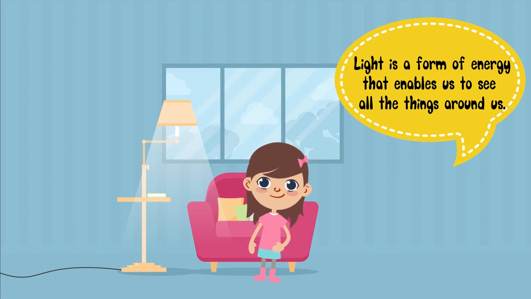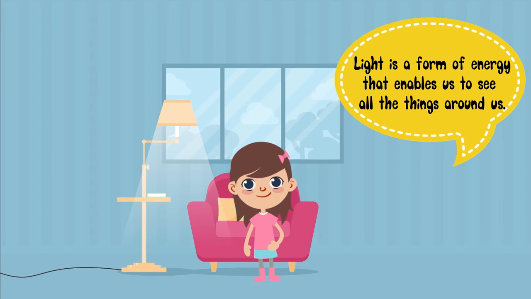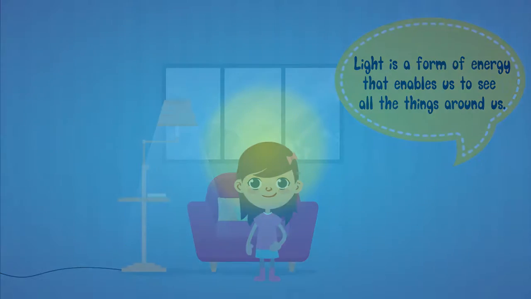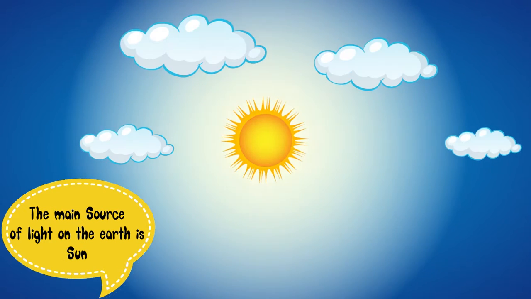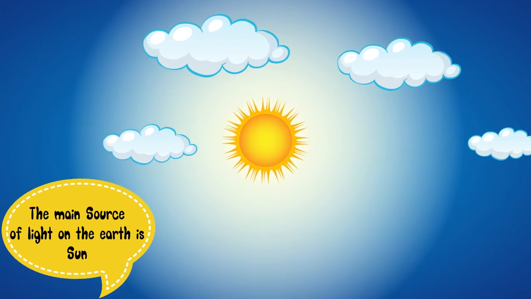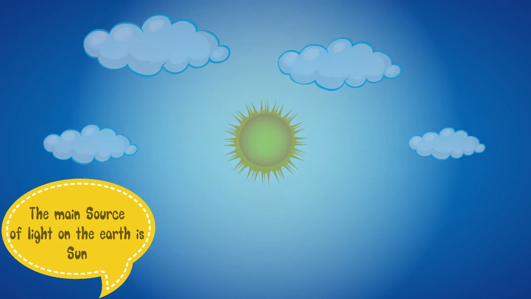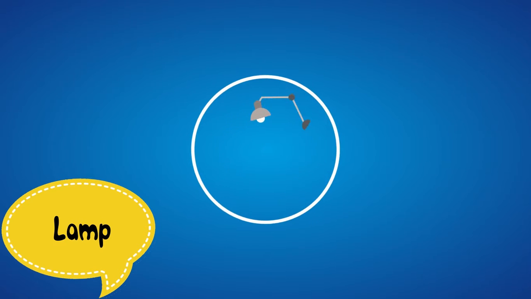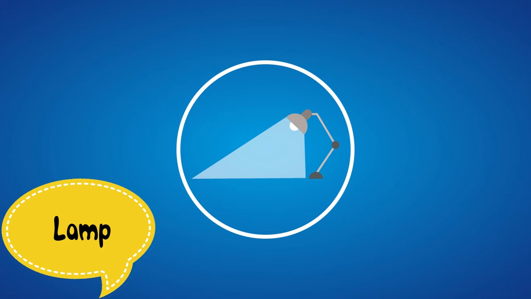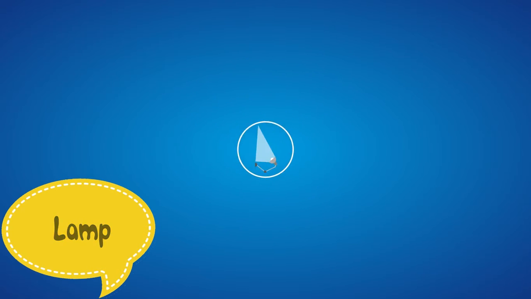Light is a form of energy that enables us to see all the things around us. Sources of light. The main source of light on the earth is sun. Other sources of light are candles,